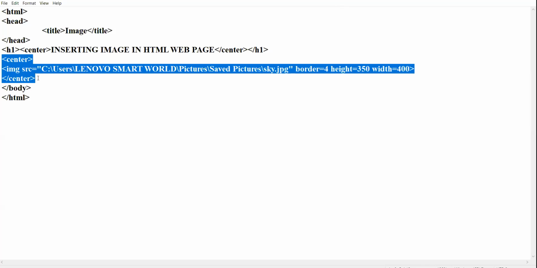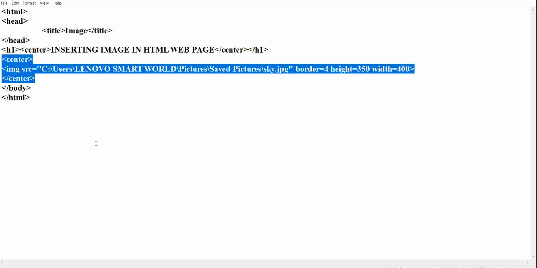Whenever you are asked to write the command to insert an image in the center of the web page, this is the only solution. You have to take the center tag separately. The align attribute of the image tag does not support the center value. Have you followed, 10th A class, all of you?